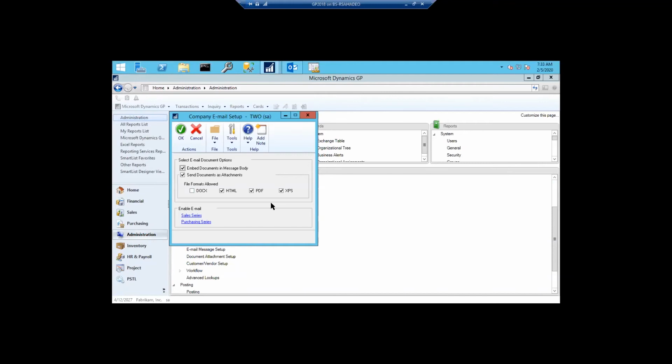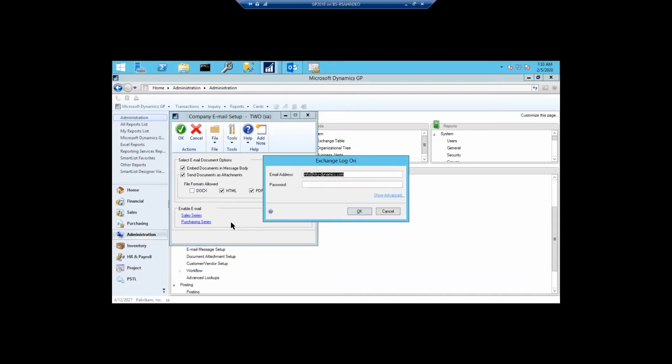What format do you want to send documents out as? Right, we have DOCX for Word, PDF, XPS, and HTML, which is basically an email link or email icon. That should open and display exactly as the report displays in GP. Now, this setting really is geared for special document types, such as purchase orders, vendor remittance, sales invoices, statements, those kind of reports. So here, if I were to click on sales series,